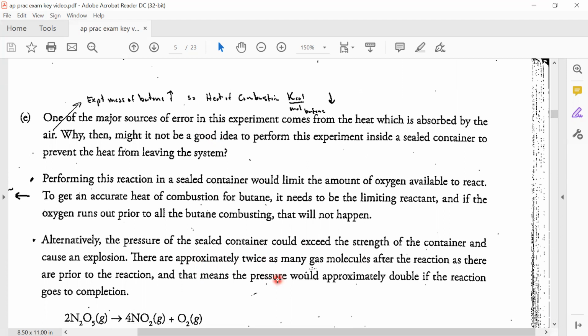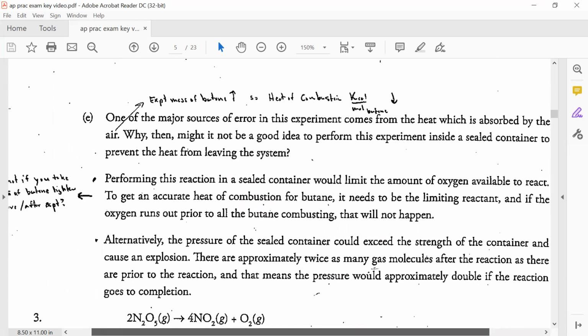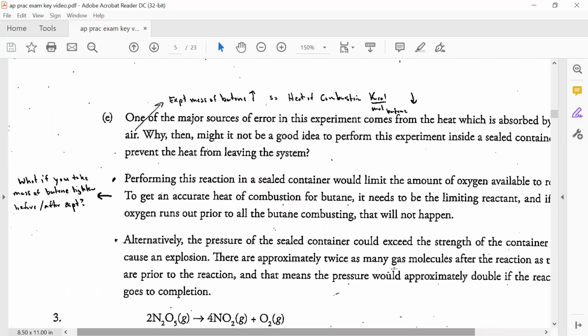If you're thinking about it in terms of air, and this is kind of interesting, if you're performing this reaction, a sealed container would limit the amount of oxygen, and oxygen is supposed to be in excess, and that could affect your results. Okay, that seems a little bit more of a loose argument. My question to that is, why would you take the mass of butane later? Why don't you just take it before and after, and then you can measure that amount